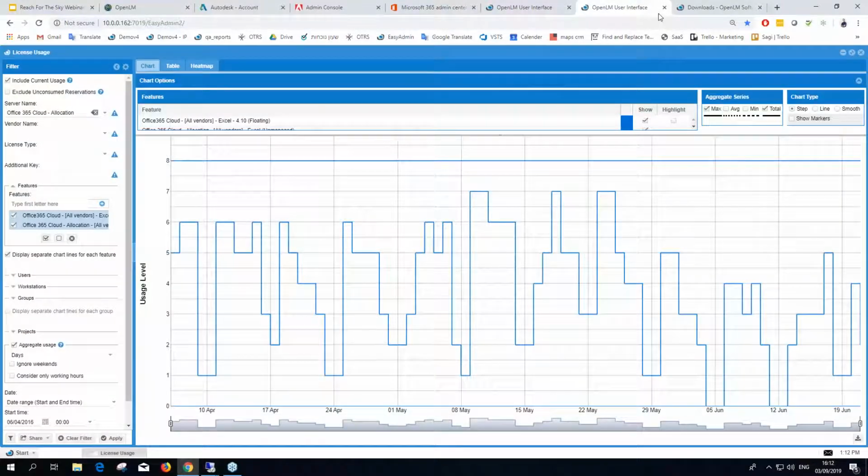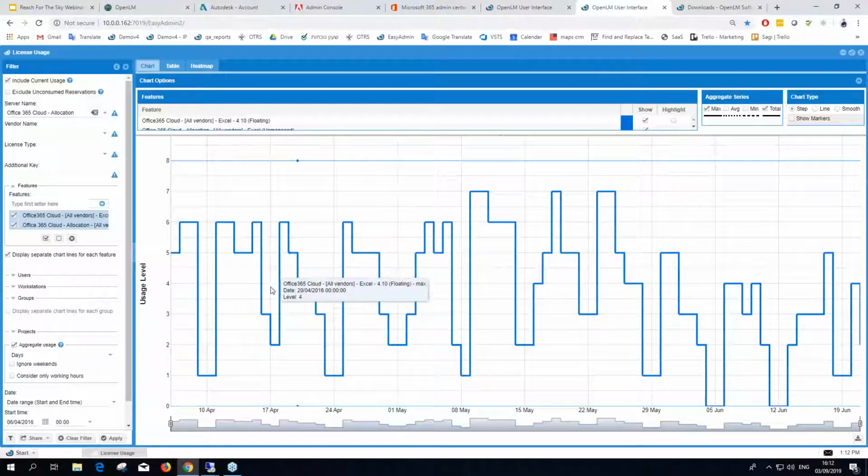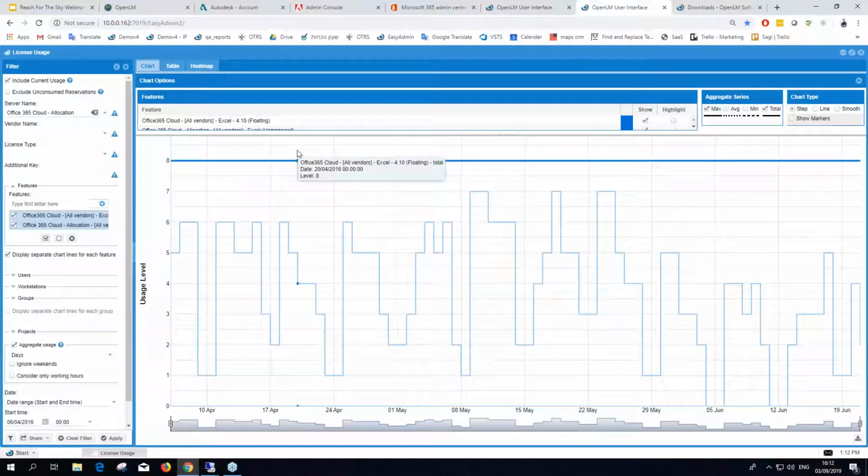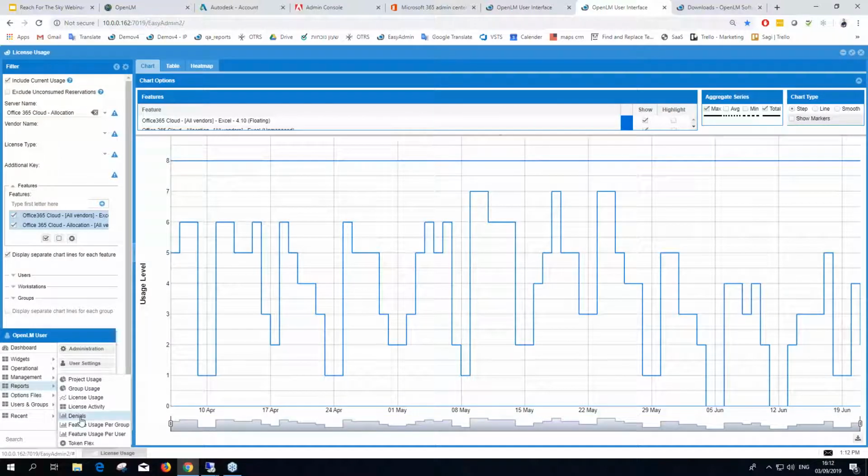So let's go back to my system right here. Now we understood that OpenLM is able to monitor license servers, to monitor cloud-based license servers, but let's now understand the limitations of it. So it's able to monitor cloud-based license servers, but as you've seen, it's separated into two different servers. And also, it's not in all the reports. Now, it's tracking only the license quantity and license usage. It's not tracking denials. It's not tracking expiration dates. It's not tracking anything else besides that,